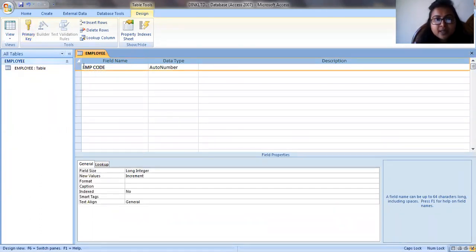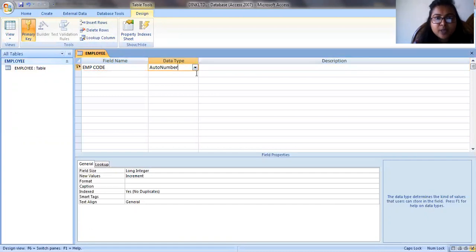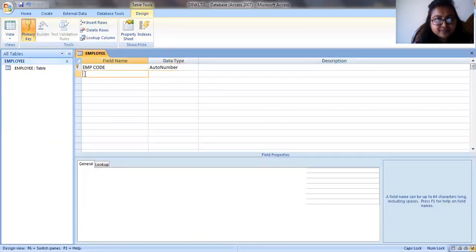So in the question, under the employee table, you need to create employee code as primary key. So we'll bring back that key sign. Moreover, the primary key is also available under the design tools tab. We'll mark employee code as auto number.